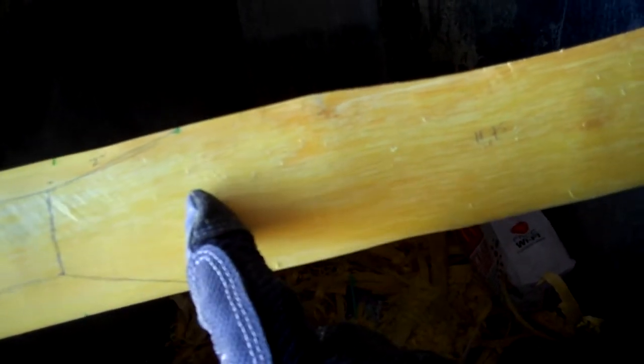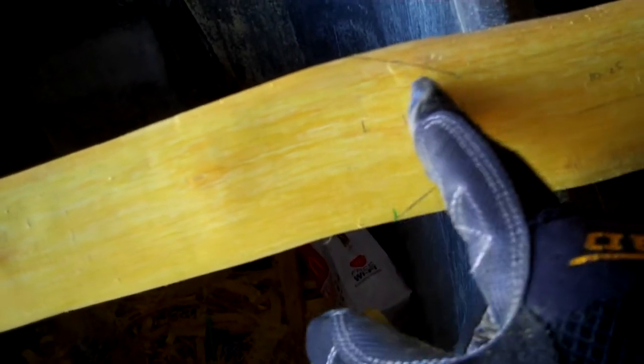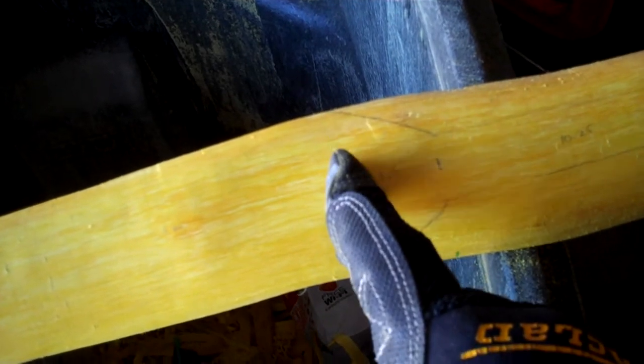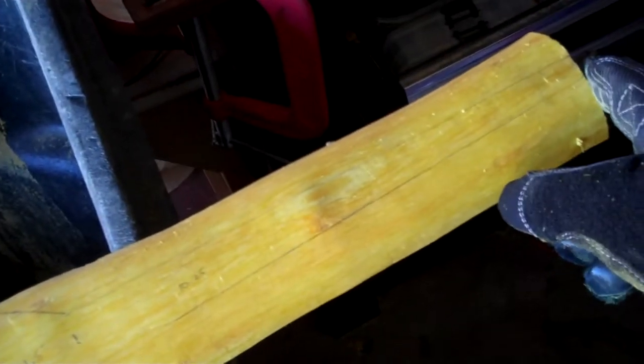And then we have the working limb. Now, the main thing to remember on the working limb and the static limb, they should be equal. The working limb starts here, where this fades into the full width, and ends at the last place where you have a full width, because this fade is going to be thick and it isn't going to bend. And then obviously this part doesn't bend. So this number, from the end of this fade to the beginning of this fade, should equal from this point to the end of your bow. So whatever bow size you decide to make, if it's a 60-inch bow, a 70-inch bow, or a 40-inch bow, that's your number. You cut the total distance from here, which is the end of this fade, to the tip of the bow, divide it in half,